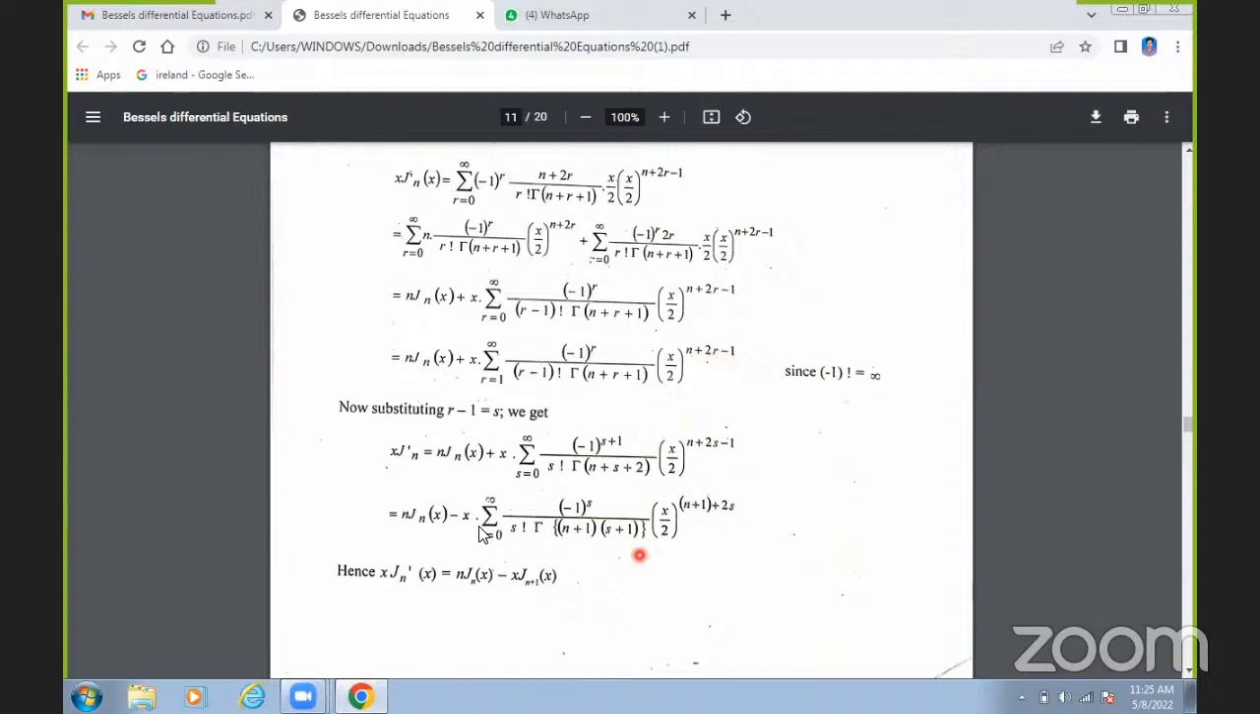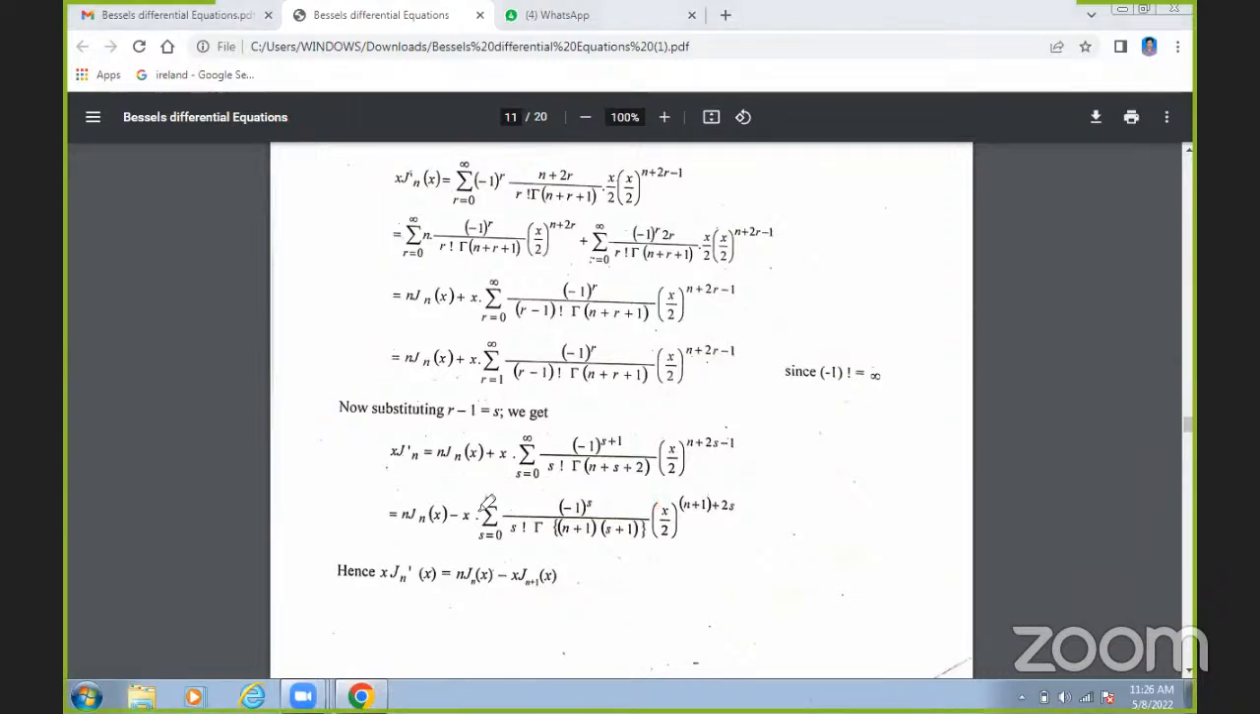So therefore, this equation we can write in this form, that is n Jn of x. Here minus x summation of s equals 0 to infinity. Okay. Here (-1) to the power of s plus 1, we have written as (-1) whole to the power of s, so that we are getting minus n here. This we are going to get. So therefore, this x J dash n of x is equal to, we have this term n Jn of x minus x, this entire term, one minute,